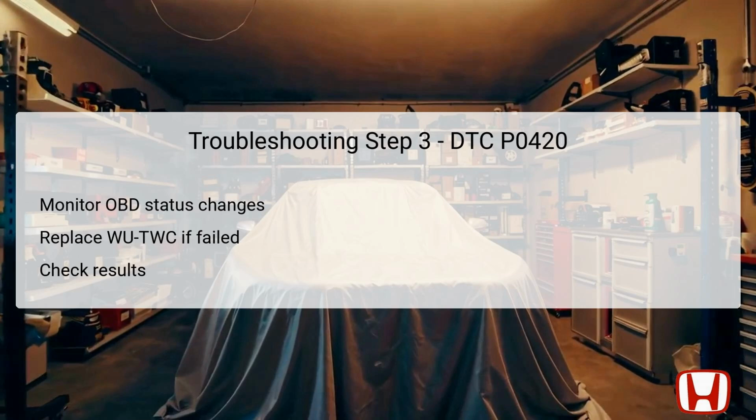In the third troubleshooting step, after monitoring the OBD status, the next crucial action is to determine whether HDS indicates a failed status. If it does, this signifies that the catalytic converter, specifically the wideband ultra two-way catalytic converter, WTWC, may need replacement due to failing to perform efficiently. Replacing the WTWC entails removing the old converter and installing a new one, which is a critical fix to restore